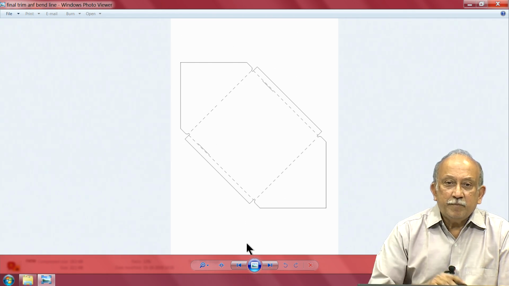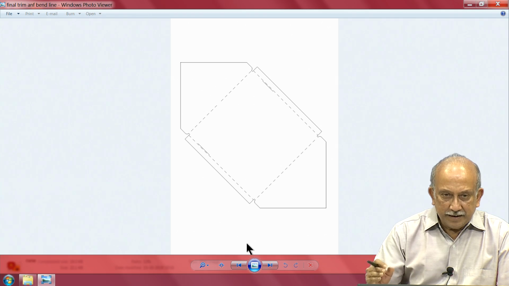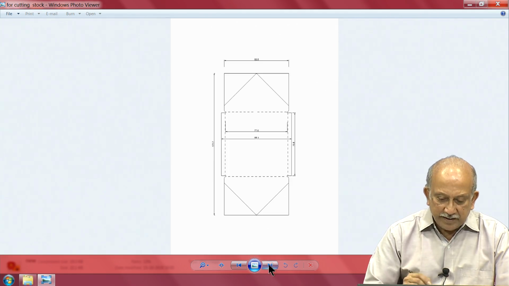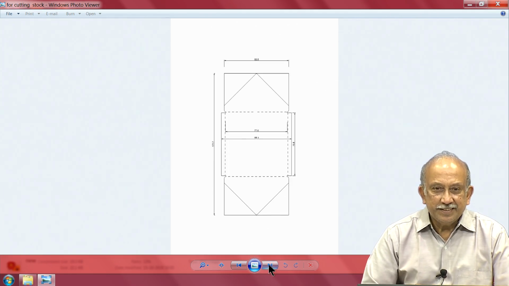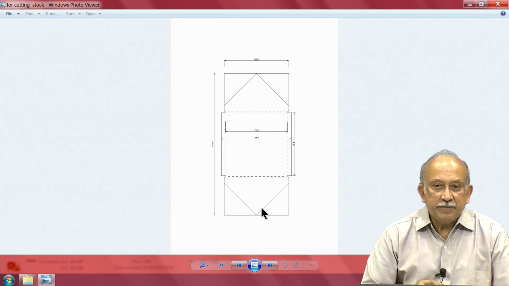that probably, this is the developed blank which I need to make, but then after consulting with the people in our sheet metal shop, one of the first things I noticed is I need to give them approximately the size of the material that is required.